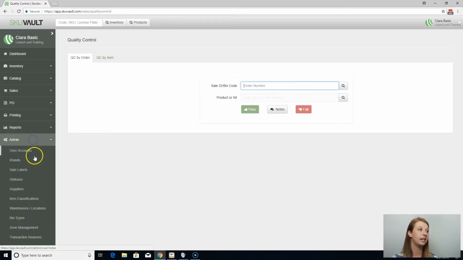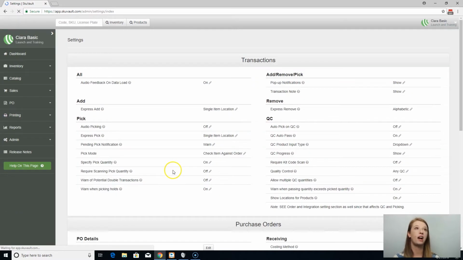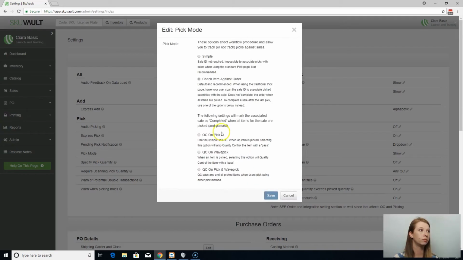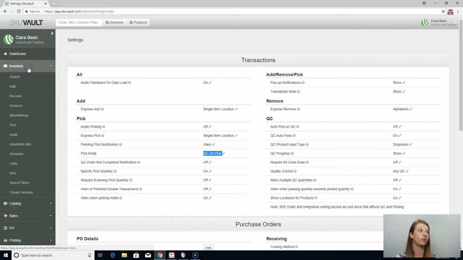Another workflow setting is called QC on pick. So what that means is you would rather have your pickers have a tablet in their hand. So I just turned on QC on pick here. That is our pick mode, and what this will do is your picker will navigate to inventory pick,